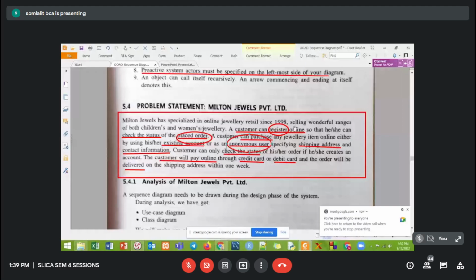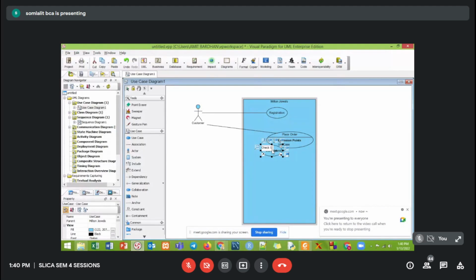See, the moment I take the cursor over here, it says include, it says extends. I'll take extends. So automatically see the arrow is reverse. So let's say this is check status.